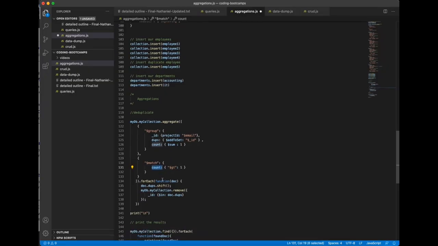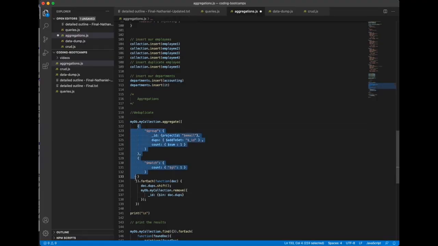So for those specific groupings, in this case we're expecting one grouping where we have employees with the same email, so a grouping with more than one record. For that grouping that we find, we're going to iterate and shift one of them and remove the other. I encourage you to look at the syntax and reference the docs. I don't want to get bogged down in the weeds of this syntax here. So reference the documentation if you're curious, but the important thing to know is that by the time we get